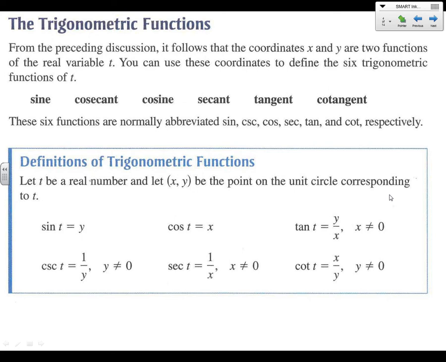All right, with that we can figure out a couple of different trig functions, and all 6 of them are sine, cosecant, cosine, secant, tangent, and cotangent. Going along here, these are the flips of each other. Sine, if we remember from geometry, is opposite over hypotenuse. The cosecant is just the flip of that, hypotenuse over opposite. And we do have this nice mnemonic, SOH CAH TOA,